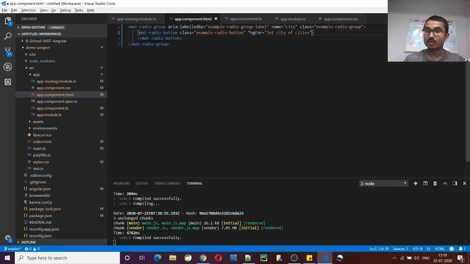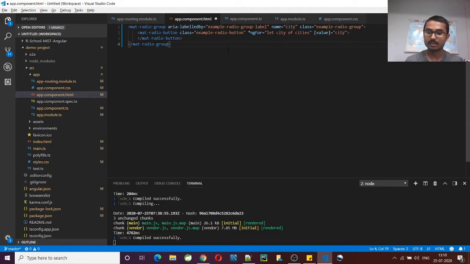Then the value of each radio button will be the city. For that I'll use property binding, and this will keep the value of each button. This is the value attribute for the radio button, and this will be the city, each city. If I select this radio button, the city will be the value for it. So here it is done.